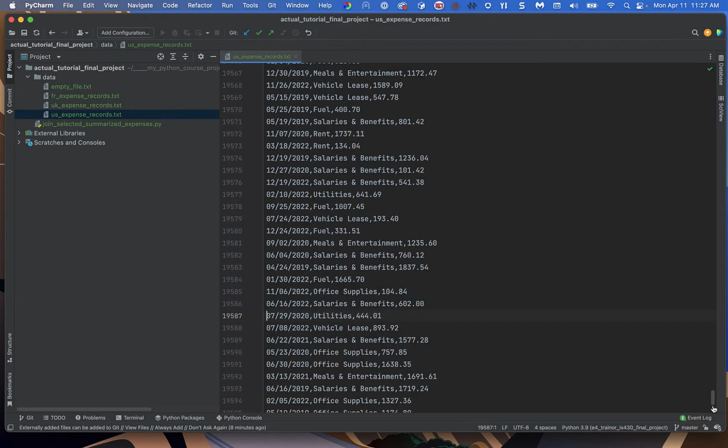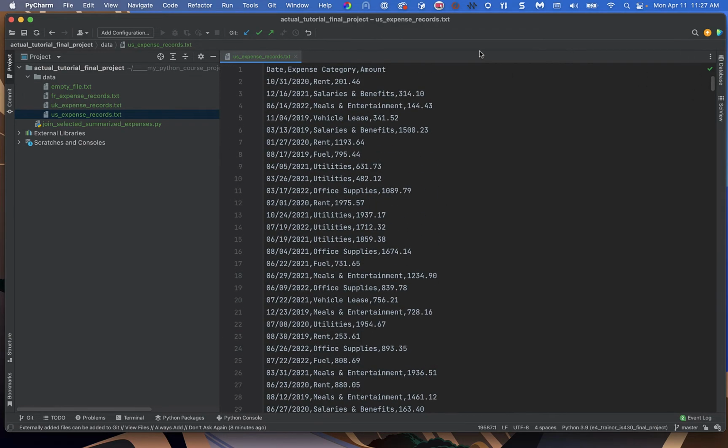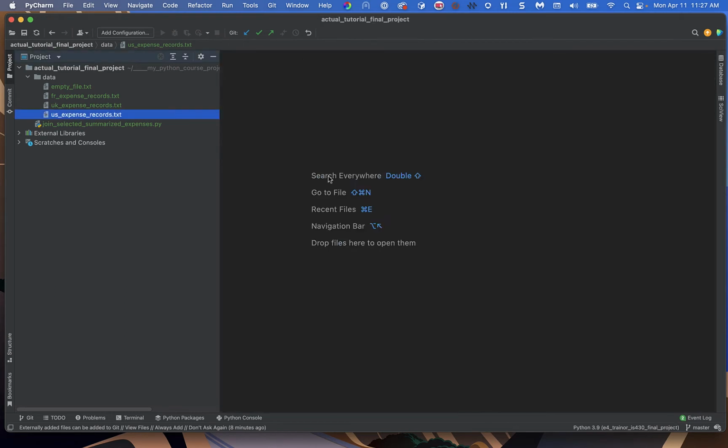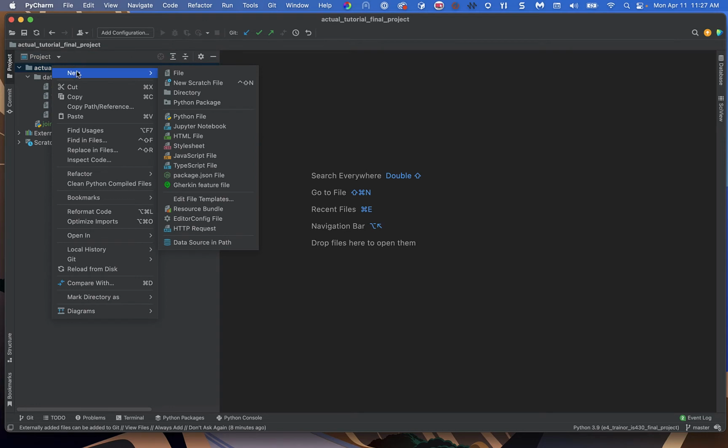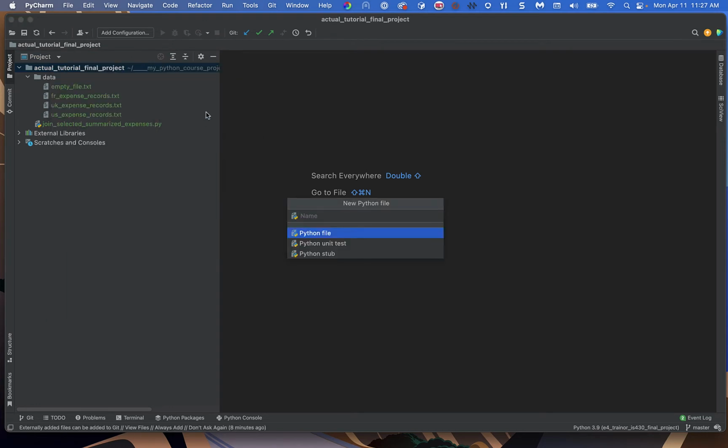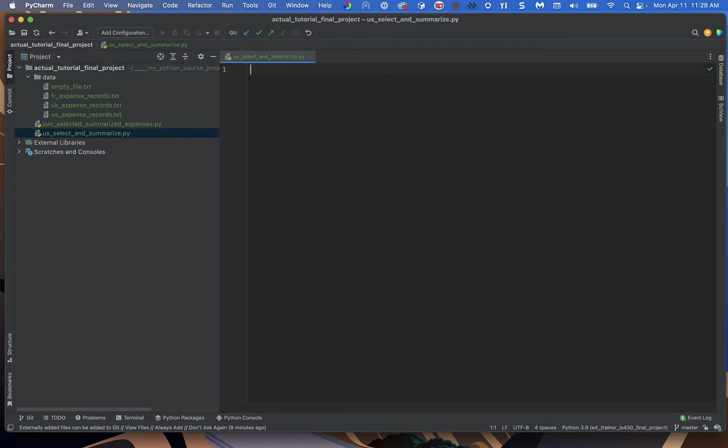So this is going to be the input to the program that we are creating. All right. So, what are we going to create? Well, I'm going to create this first program with you. Of course, it's a Python file, and it's called US underscore select and summarize. Okay, so we're going to select just the records that we're interested in, and we are going to